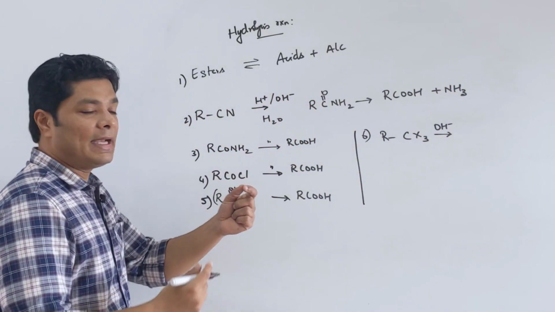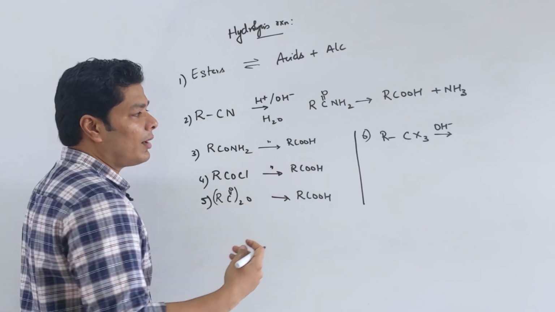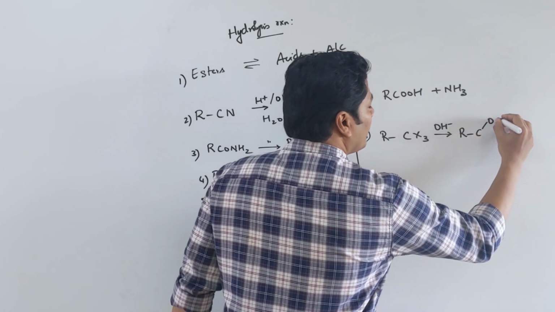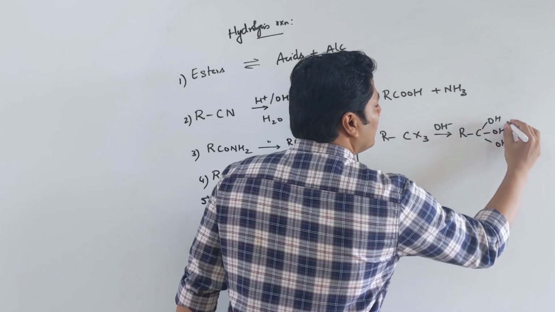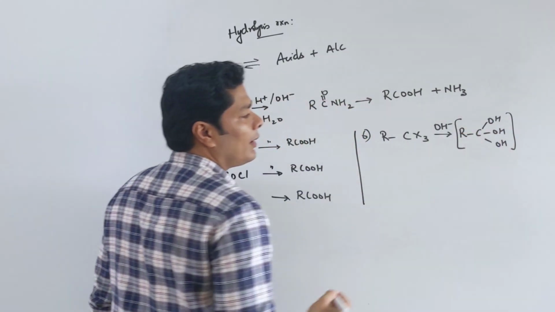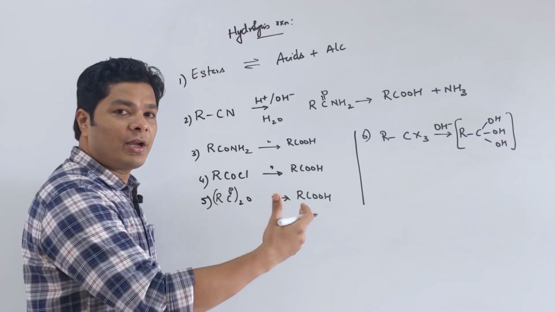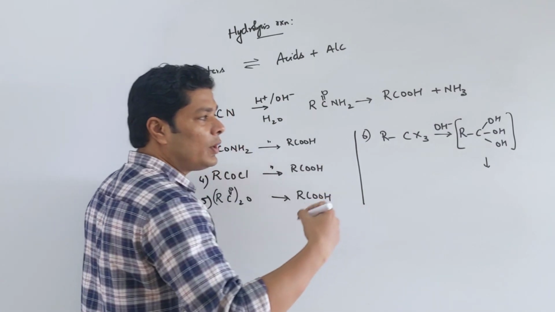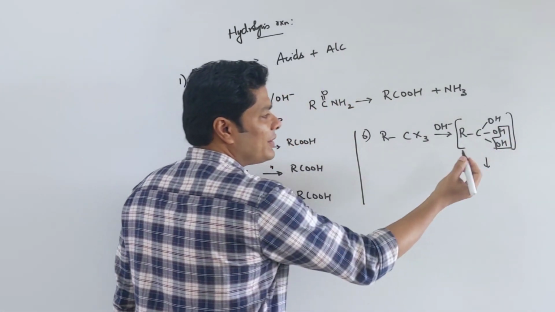When you replace a dihalide, we saw that we can get an aldehyde or a ketone. Here, with a trihalide, you can replace and get a triol, which is unstable. A gem diol is unstable, a gem triol is going to be extremely unstable. We saw that a gem diol eliminates a molecule of water. Imagine doing the same here.